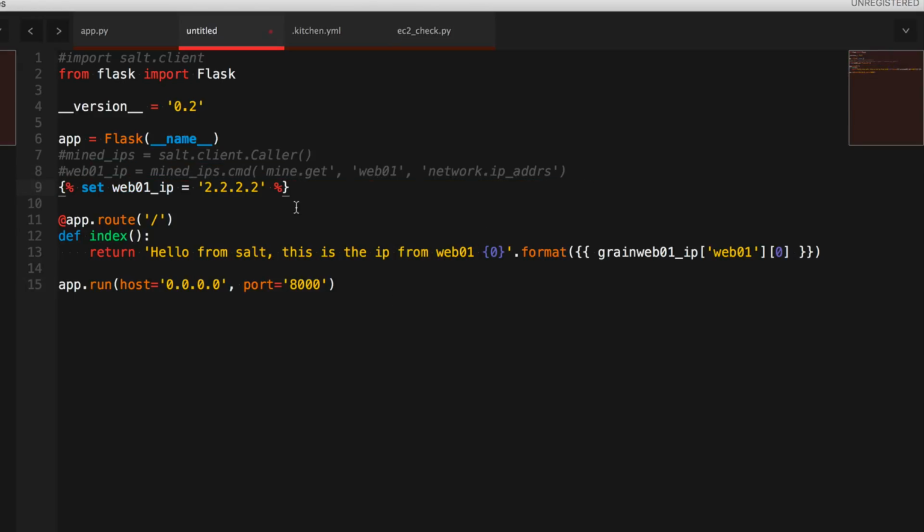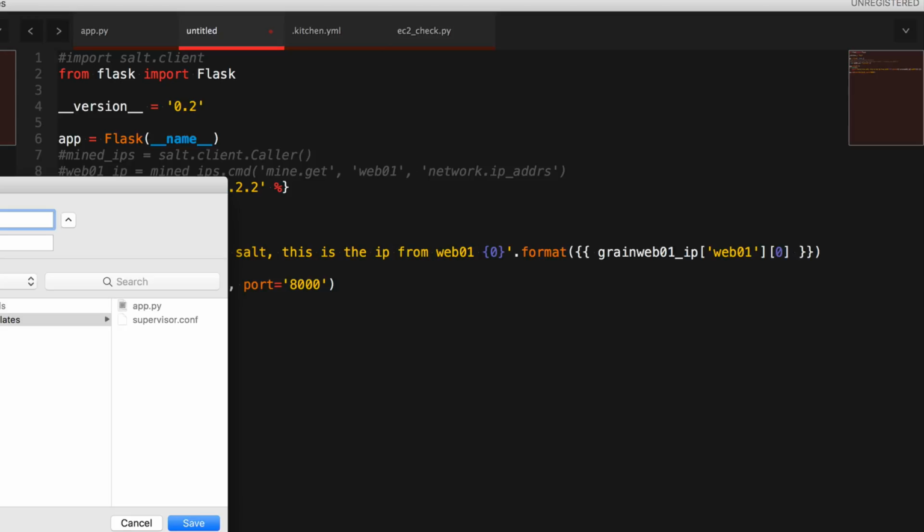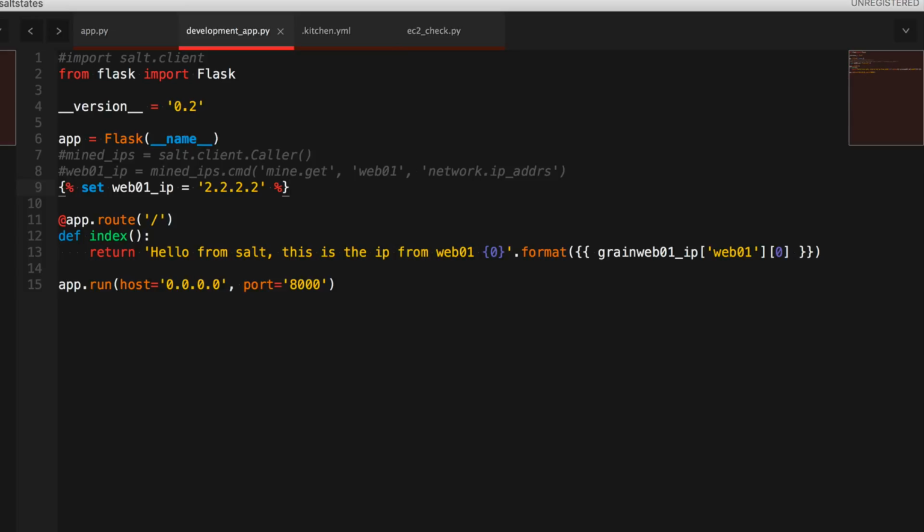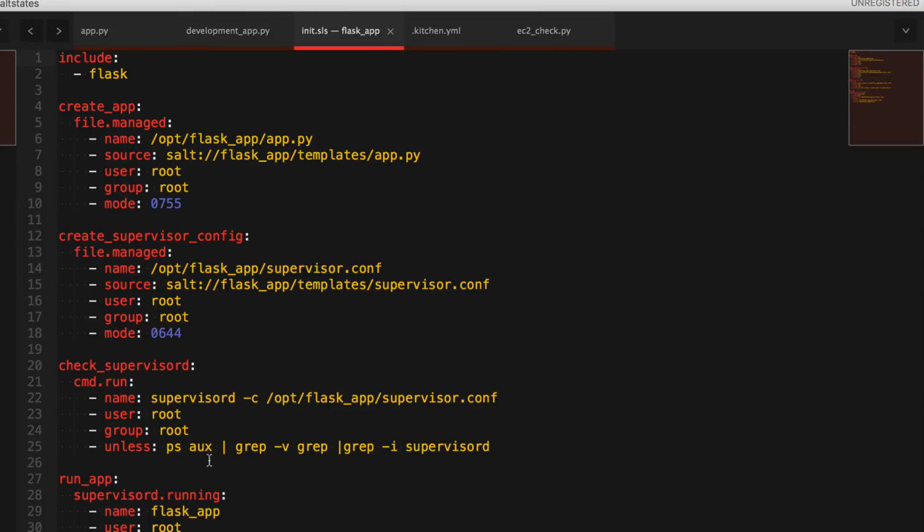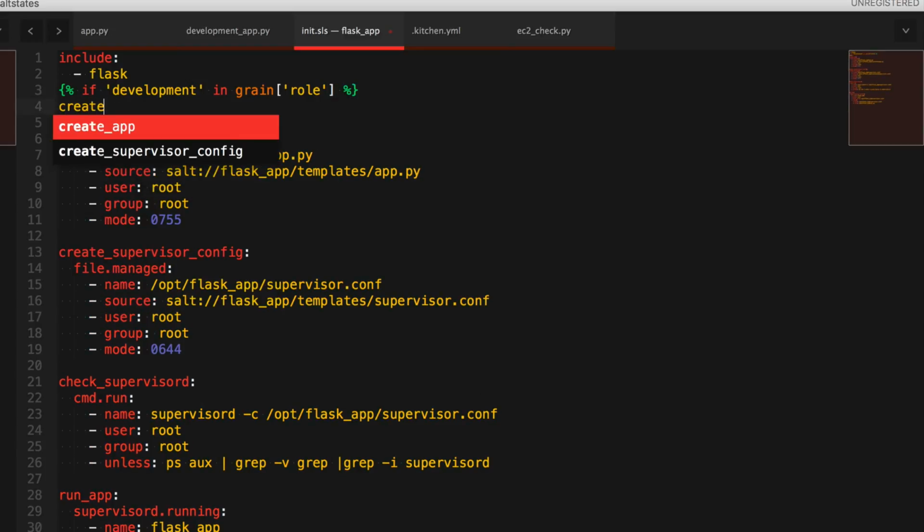And this is where it gets a little difficult. So development app.py, and then when we do the declaration in the init.sls, which is right here, we can do the same thing. Oops. So if development in grains role, then create app